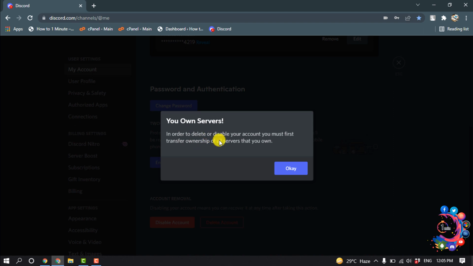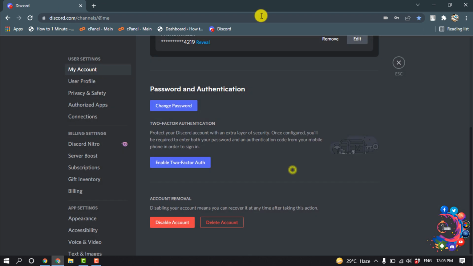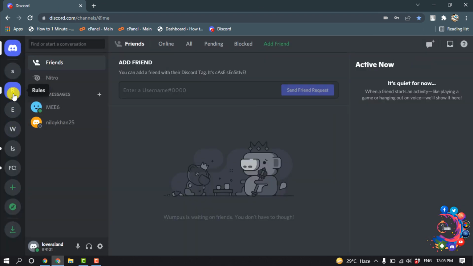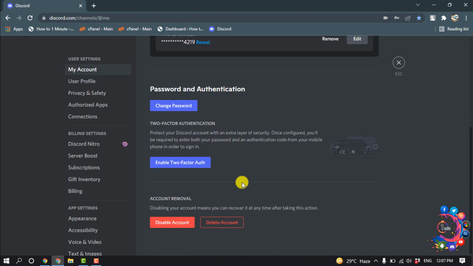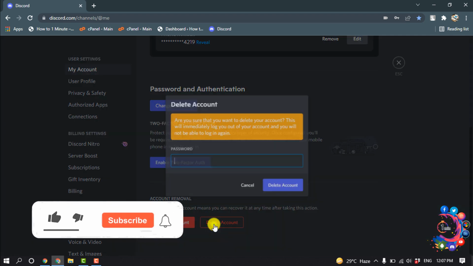In order to delete or disable your account, you must first transfer ownership of all servers that you own, or you have to delete all the servers which you created. Once you have deleted all your servers or transferred your ownership to another account, then click on delete account, and now